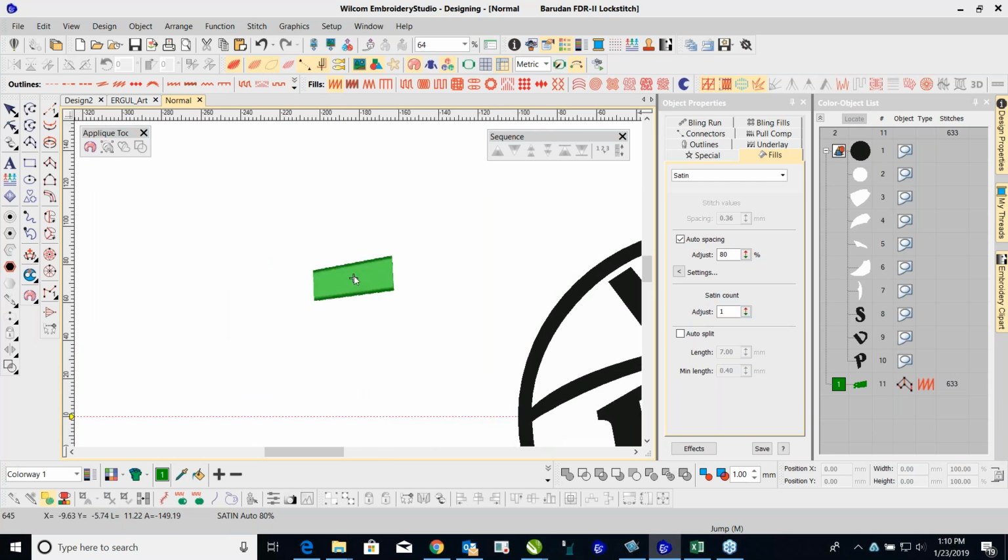Here, the white crosshair is, of course, the start and stop of the design. It's the center of the hoop. Okay, so it's very important to understand what that's doing there and what it is. And so watch what happens when I do